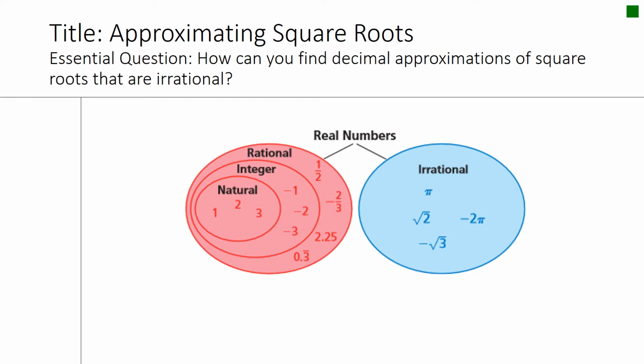Hey guys, today we're going to talk about how to approximate square roots. We kind of already talked about this when you didn't have those square roots that were perfect, and so you had to figure out where to round at. Let's talk about how you can get there. Alright, title is Approximating Square Roots, and your essential question is how can you find decimal approximations of square roots